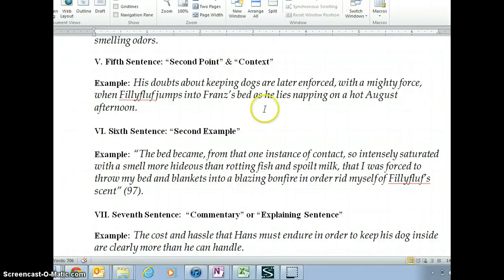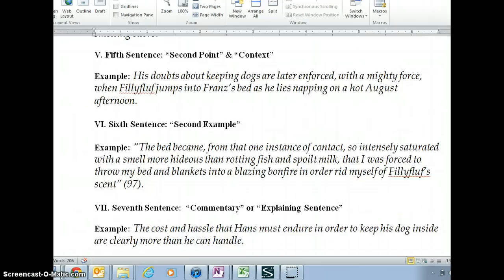So remember, we have our context. Here it is, as he lies napping on a hot August afternoon. We know it's Filly Fluff the dog. And our second point is his doubts about keeping dogs are later enforced. So there's our point, our argument, that he doubts the wisdom of keeping dogs. We have our second